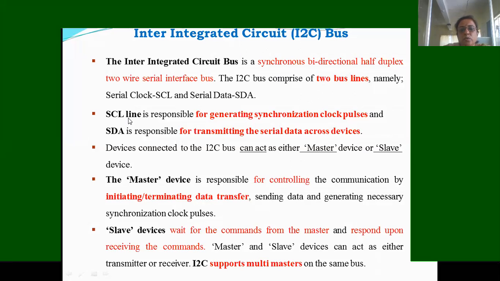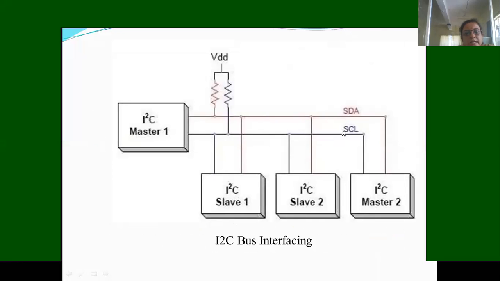For this, two signal lines are required: serial clock and serial data line. Here it is a master, multi-master, and multi-slave transmission device. This diagram I've explained. Whenever the master wants to communicate with the slave, first it has to initiate the serial clock line. This signal should be made high, and also the SDA line should be made low. Then only the transfer can happen.